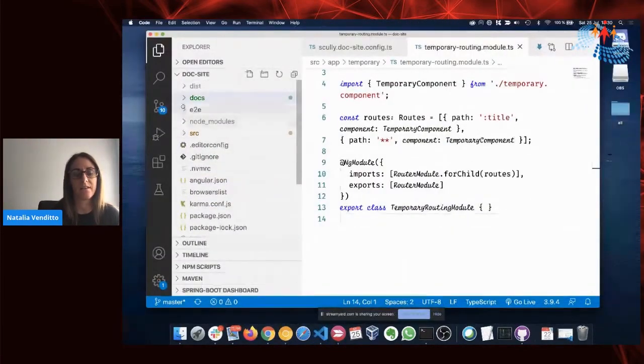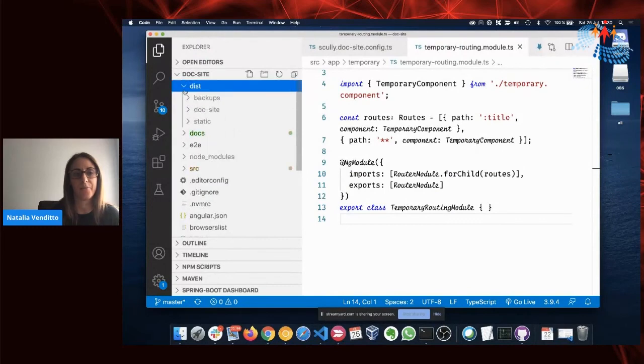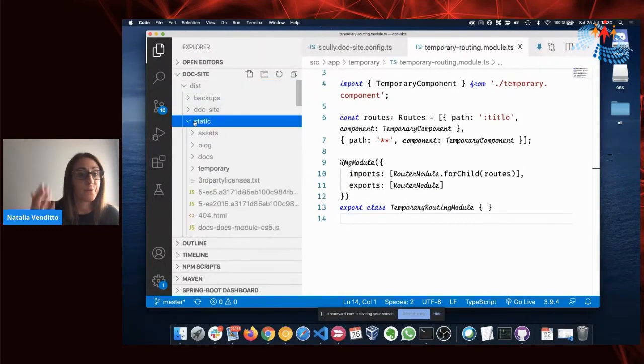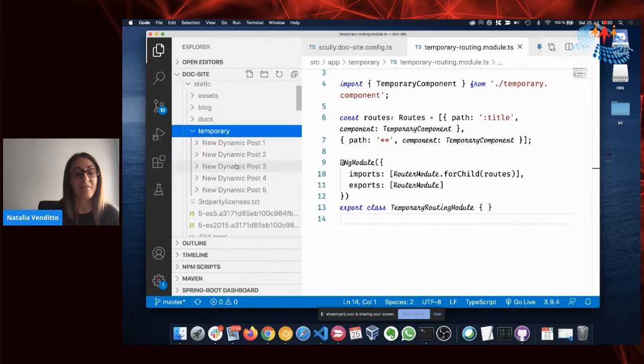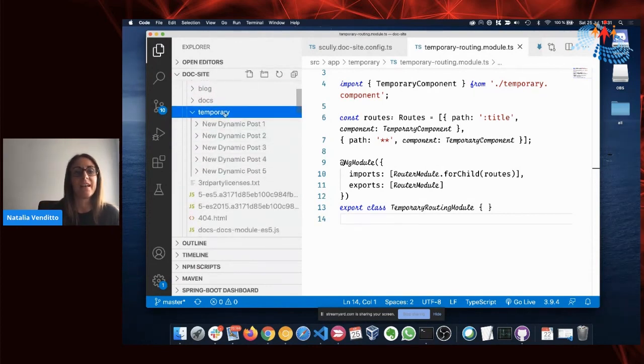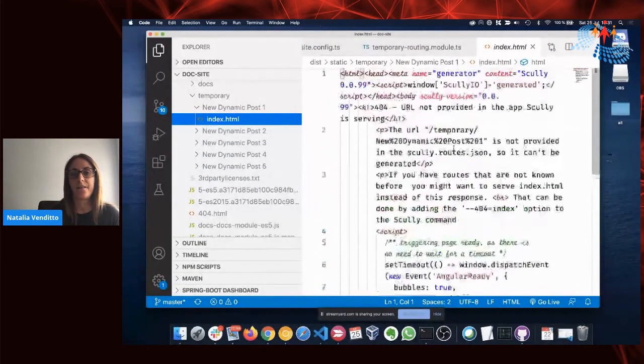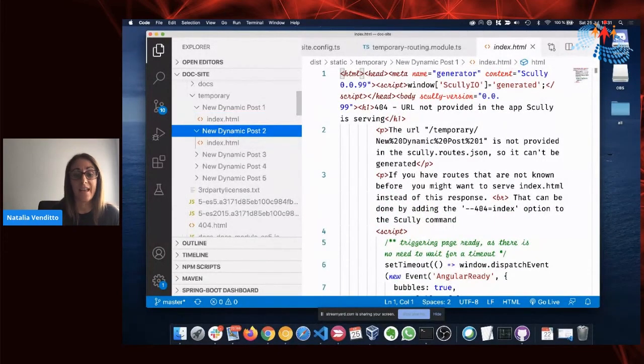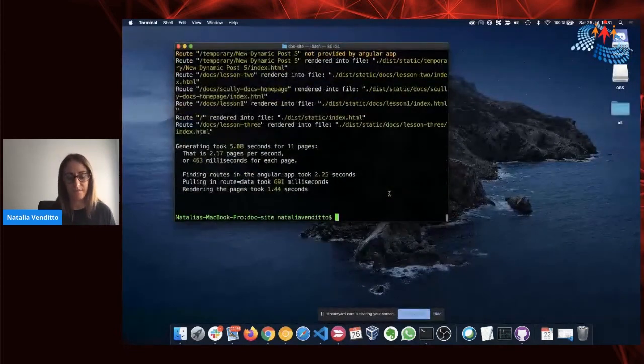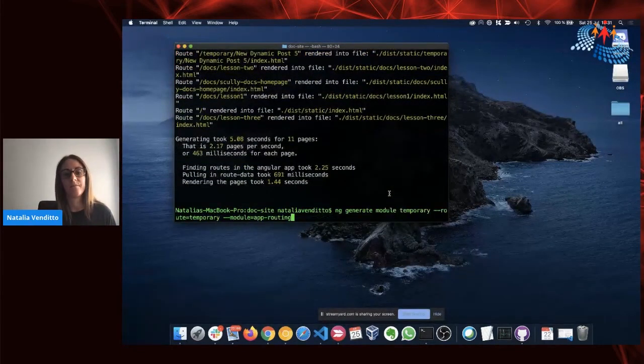So it's not creating the folder because it's not a content folder. It's a dynamic creation. So it's here. Temporary, each one of those posts in that endpoint is new dynamic post 1, 2, 3, and so on. And they are generated here. And then if we serve the application now with Scully as well,